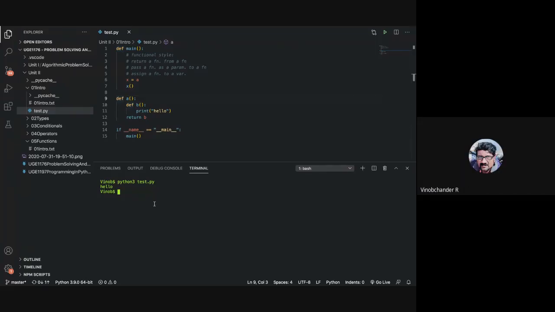Yes, you don't have any specific output here, but this is okay. You are returning the function. Sir, actually it should print hello, because under the function A there's a function B, and we are returning B. Okay, but when does B get executed? B is not called, right? Okay, sir. How do we call it, sir?